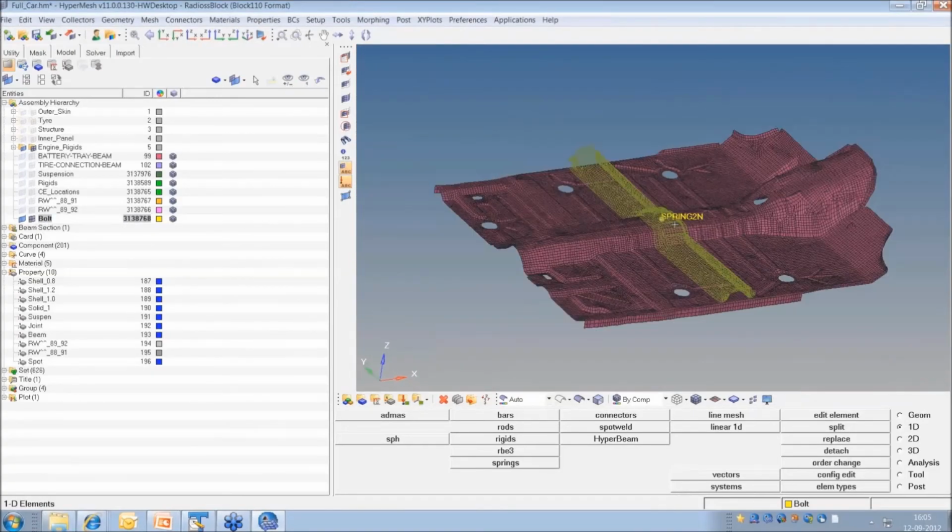As I mentioned, for both spot weld and bolt, it will create the type 13 spring only, or you have to use it with that type 13 spring only. But depending on the stiffness, we alter the behavior of it. As of now, both have the high stiffness, so it is okay. Okay, so that is how we create the bolt. So we saw different types of connections here. We saw the spot weld, bolt, rigids.